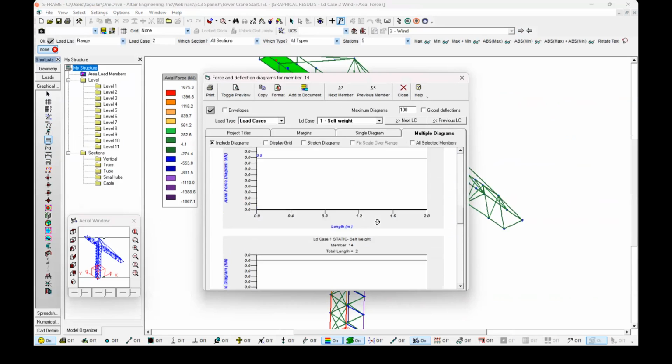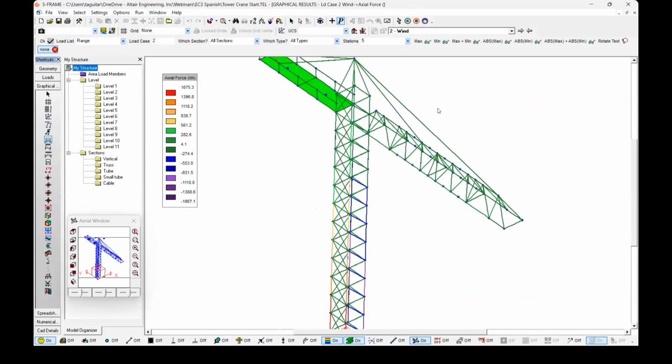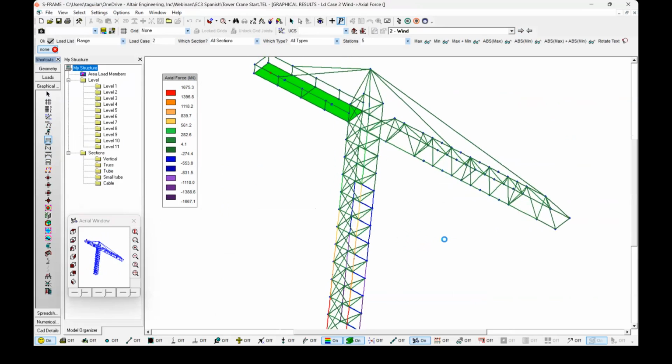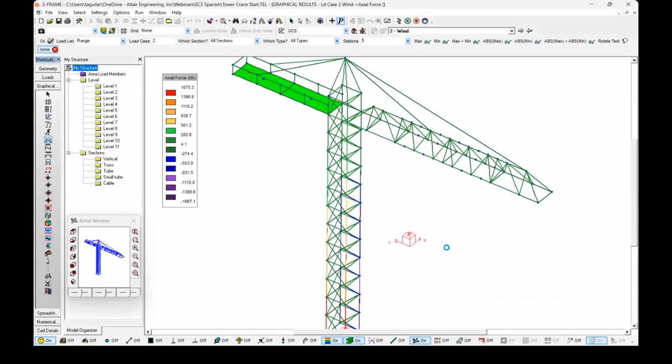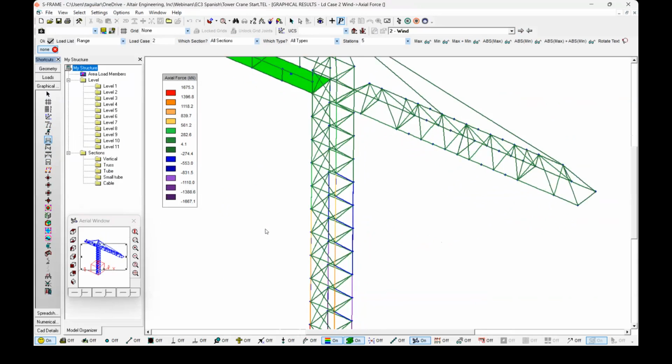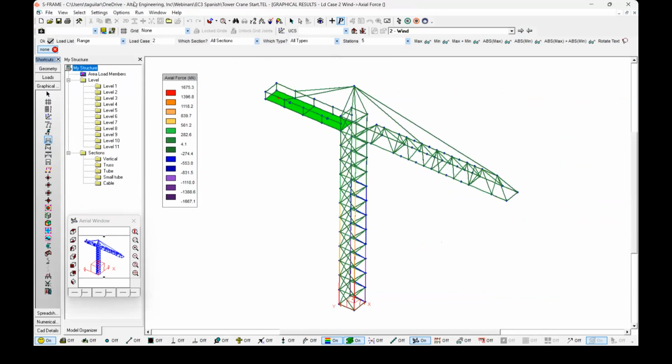This is for the self weight, etc. So we can look closely into each one of these members' forces, right? So after we've done that and we have seen that our analysis is correct, we can switch into